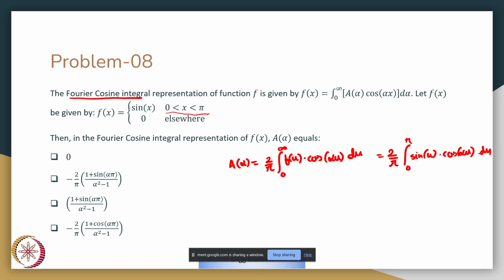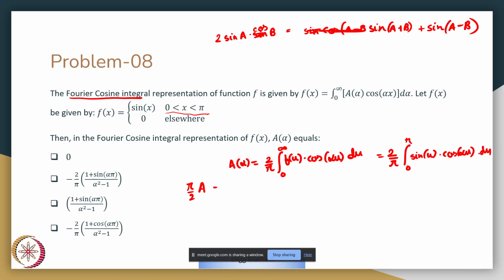which is nothing but 2 by pi integral 0 to pi sine of u cos of alpha u du. I'll take the 2 inside. So this basically becomes 2 sine A cos B, which is sine of A plus B plus sine of A minus B. So pi times A becomes integral 0 to pi 2 sine u cos of alpha u, which is nothing but sine of u plus alpha u plus sine of u minus alpha u du,